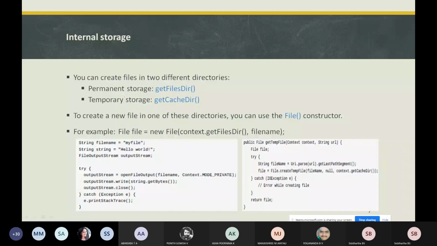So this is how we create a new file within the directory. Creating a File object instantiates that file, then context.getFilesDir and whatever file name you want, you need to specify. By this statement, you can create a file within one of the directories.